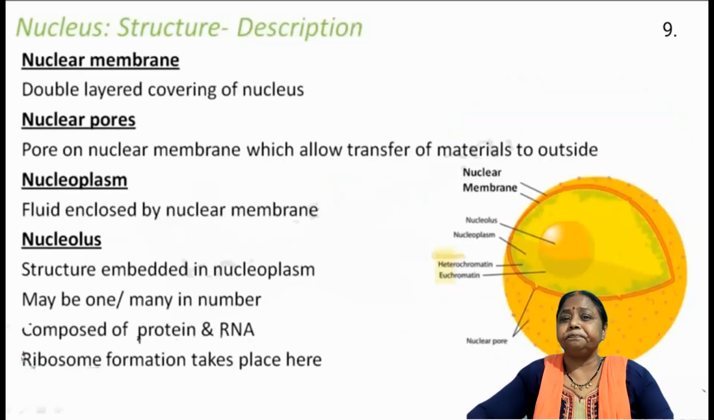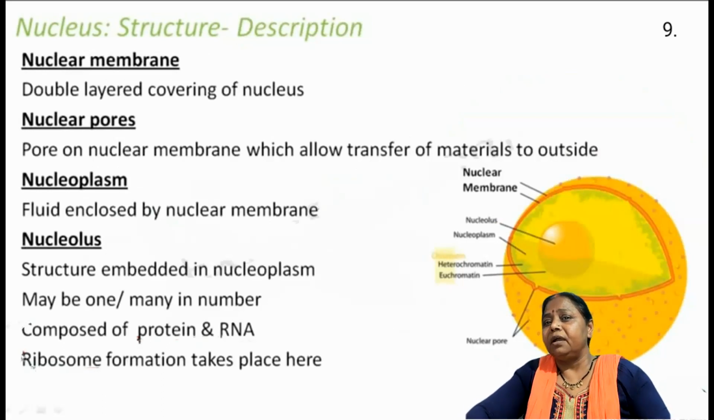The next is, what are these structures, the nuclear membrane, and what is their role. Nuclear membrane is a double layer covering of the nucleus and it gives protection to the nuclear material. Nuclear pores are in the nuclear membrane, which allow transfer of materials inside and outside. Nucleoplasm is the fluid enclosed by the nuclear membrane, and nucleolus, ये जो nucleolus है nucleus के center में,